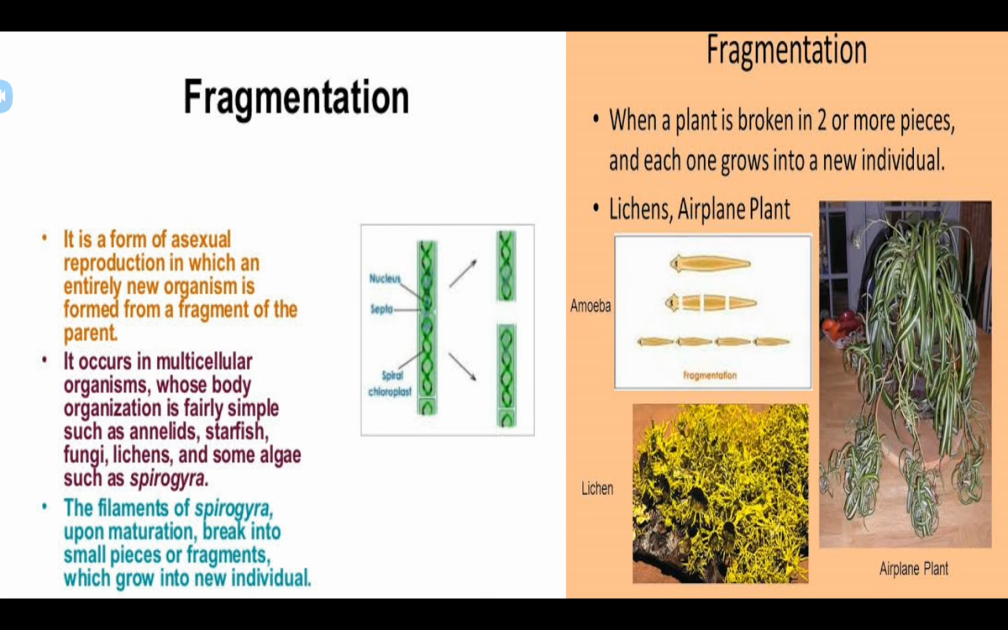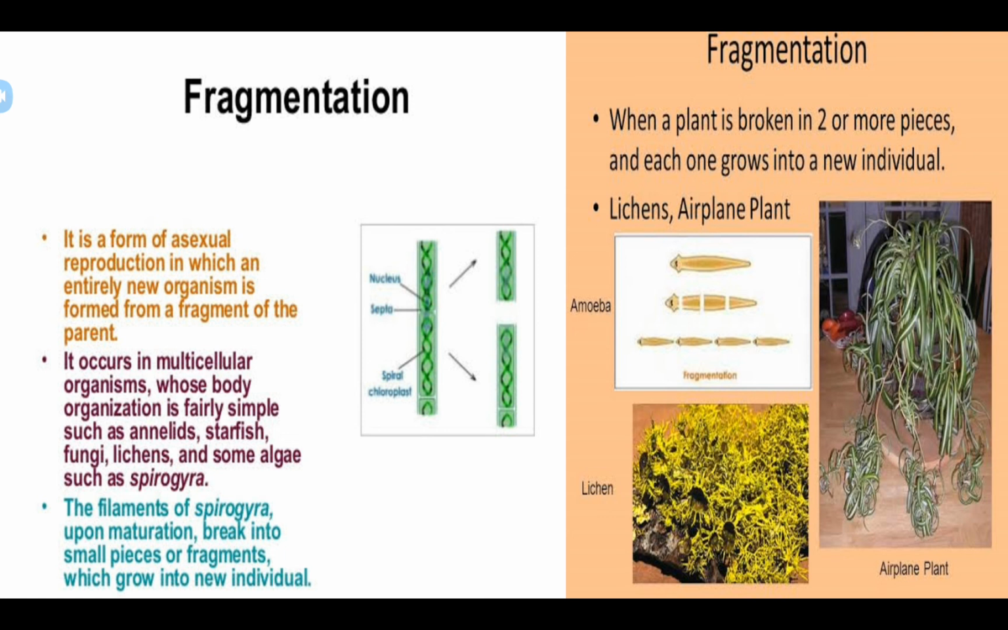In ponds, we can see green patches in ponds and stagnant water bodies. Already you know that is nothing but algae. They are green in color. They are involved in photosynthesis. When they get a sufficient amount of water and nutrients, they can grow and multiply